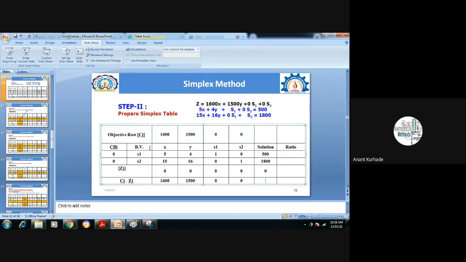It is very simple. Now you have to find out Cj minus Zj. So Cj means this coefficient, that means the coefficient of the objective function. So 1600 minus 0, 1600. 1500 minus 0, 1500. 0, 0, 0, 0. Now